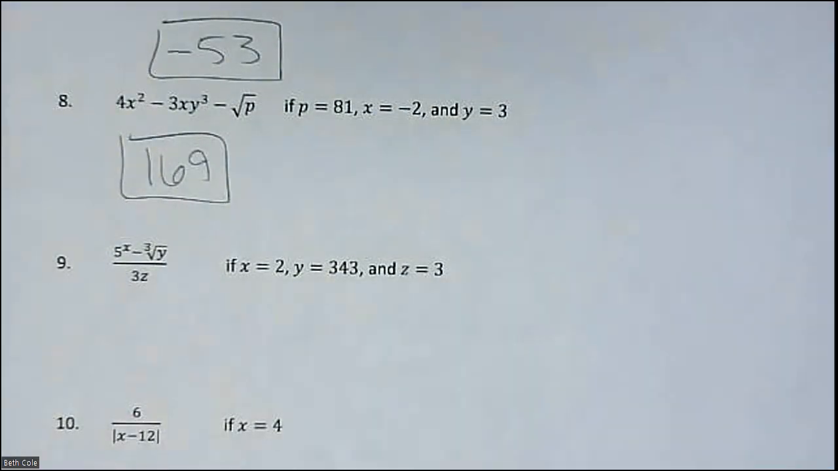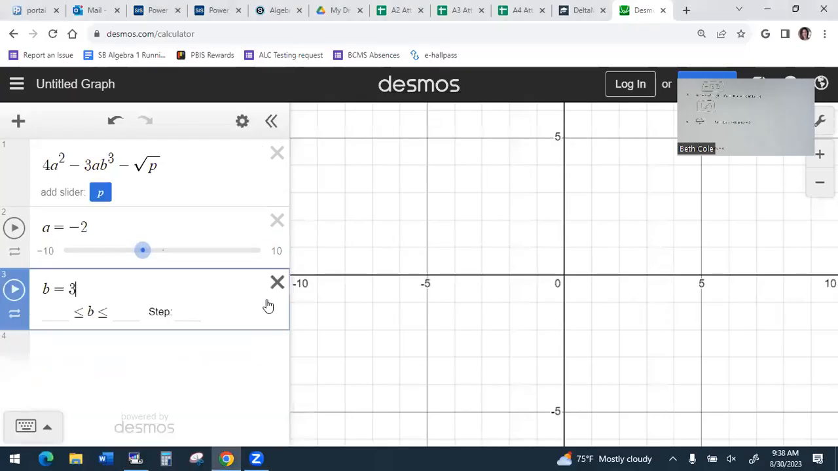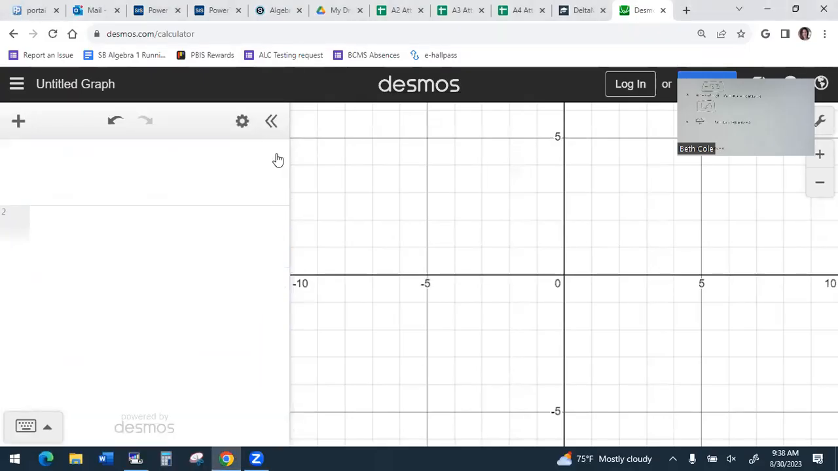Two more. I just want you to watch. Don't stop watching, because when I hand the reins over to you and you go to practice this, you're going to need to know how to type it. All right, so what am I going to type for that one? 5. I can't do 5 to the x power. It's going to be 5 to the a power. Good. Minus, oh, how did I say to get a cube root? What's the shortcut? Yep, CBRT, or you can go through functions. Cube root of